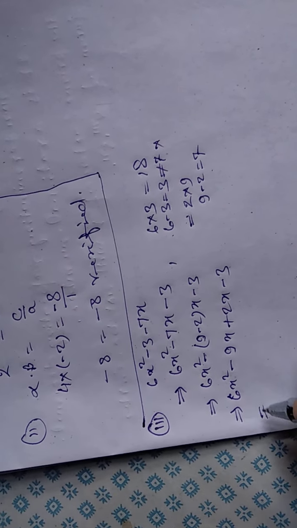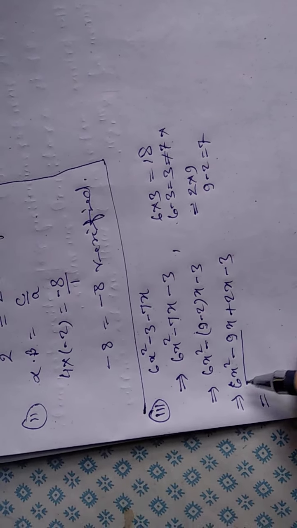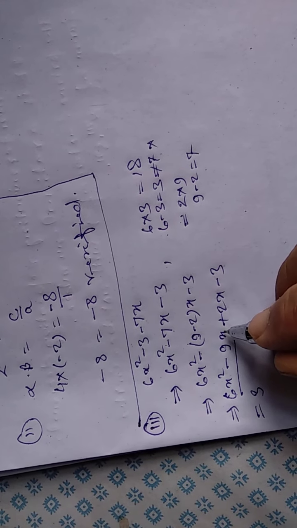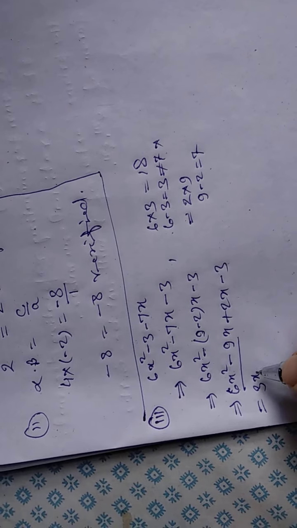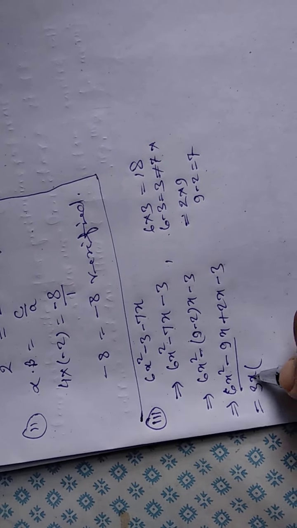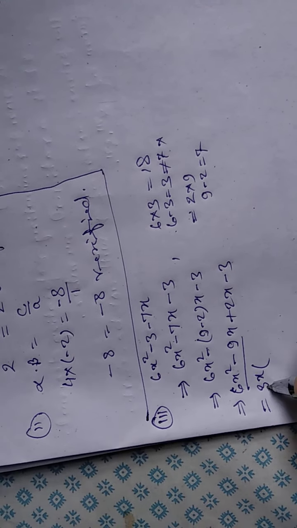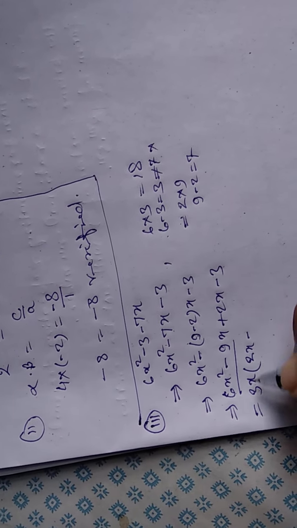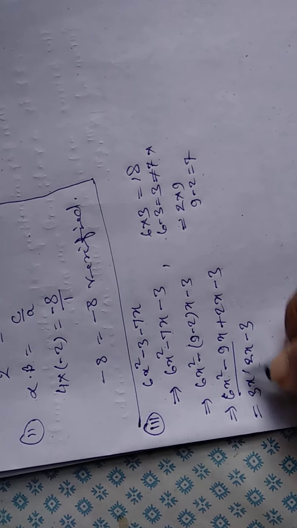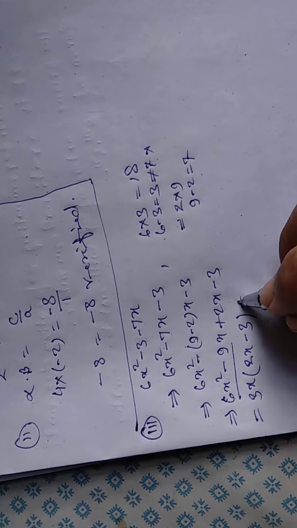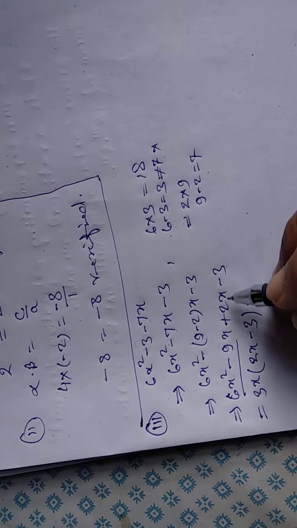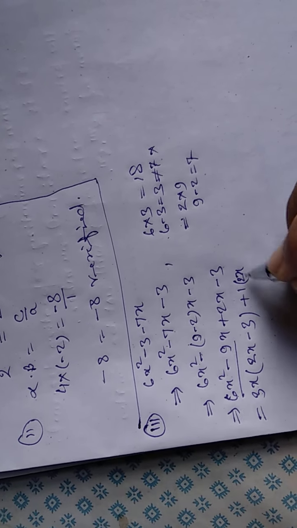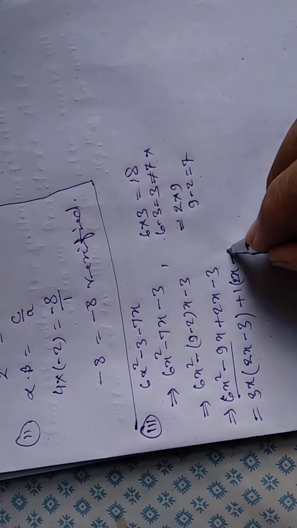Now see what is common between the first two terms. 3 can divide 6 and 9, therefore 3 is common. x is present in both, therefore the lower power of x is common. Here x power 2, x power 1, so x power 1 is common. 3 twos are 6, so you get 2x minus 3, 3 threes are 9, this x is the same, cancel. Plus, what is common between 2 and 3? 1 can divide both, therefore 1 is common. Here you will get 2x minus 1, 3 threes are 3.